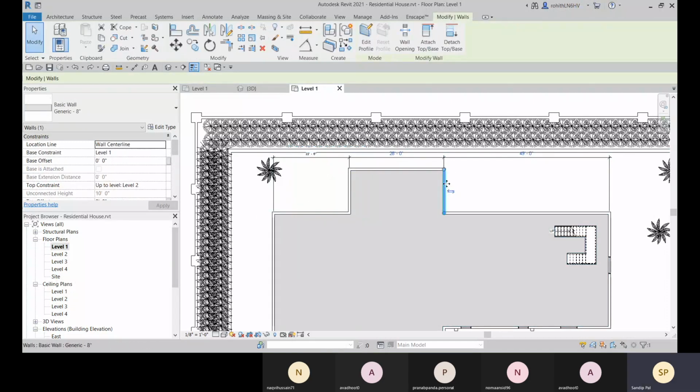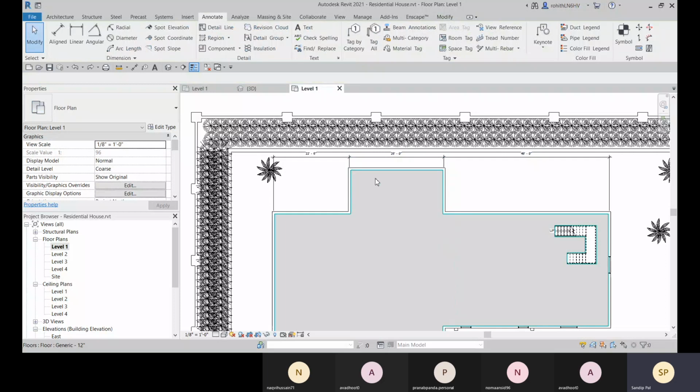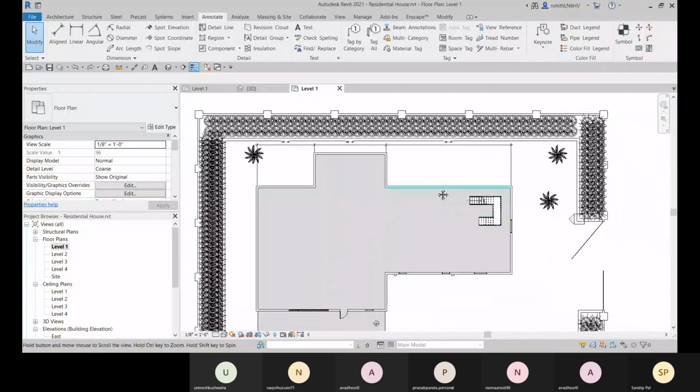But if I change this wall position, because this dimension is not locked constant, this one will not be changed. You can see it is still there and the value is changed. So if you need to change the value later, you can just keep it unlocked.